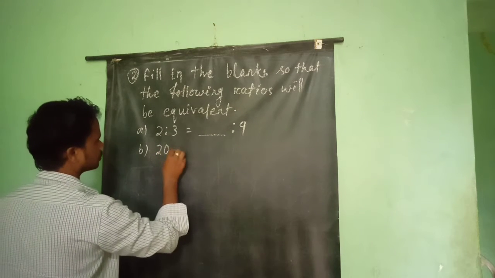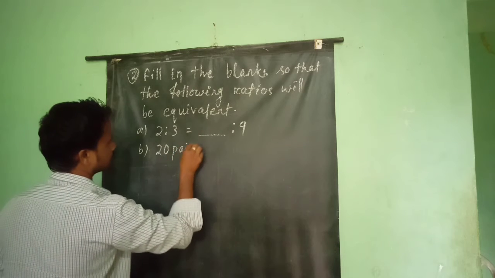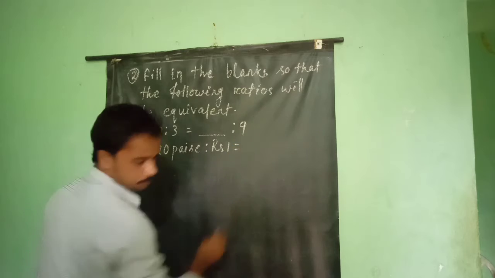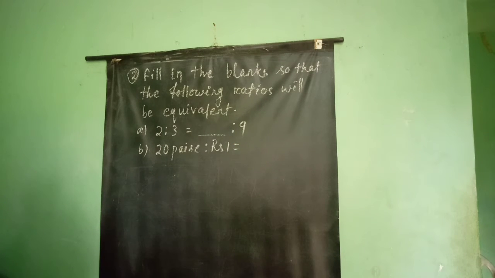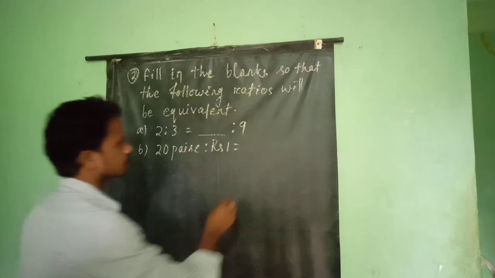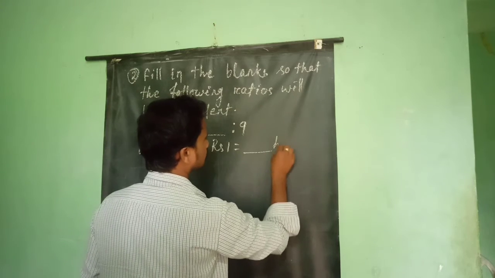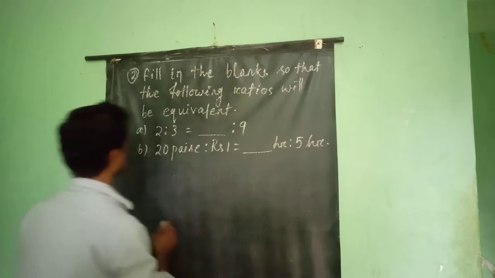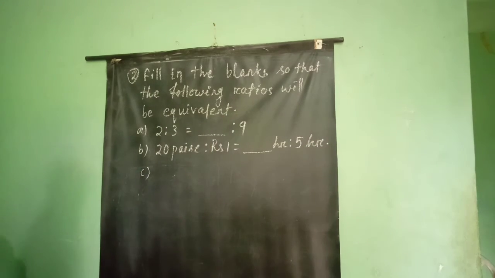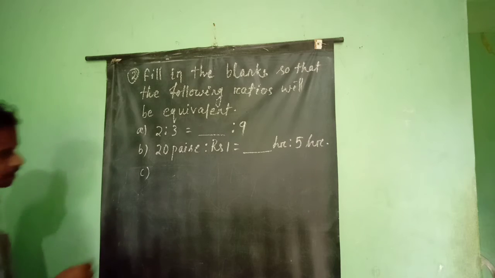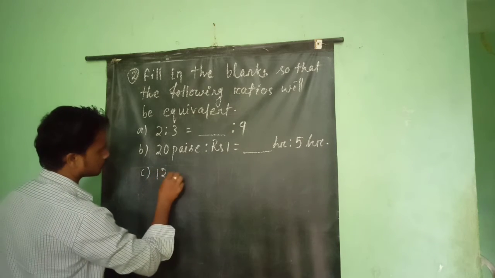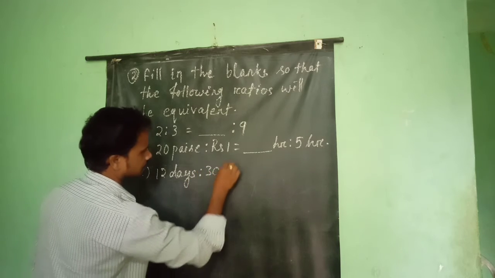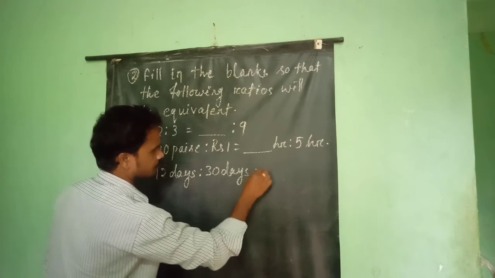B: 20 पैसे is to ₹1 is equal to dash hour is to 5 hour. Question number C, 12 days is to 30 days is equal to